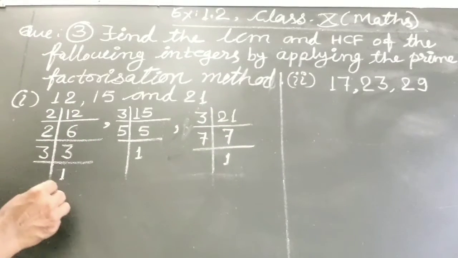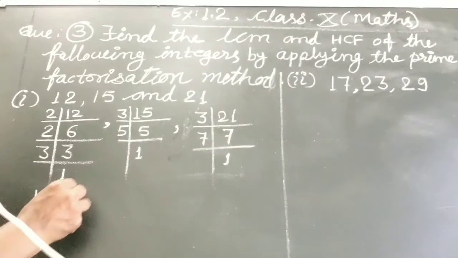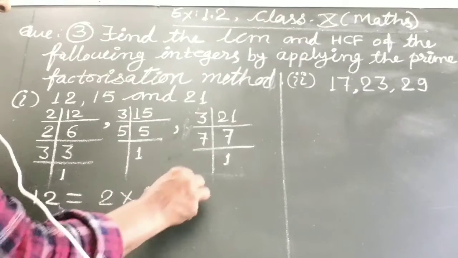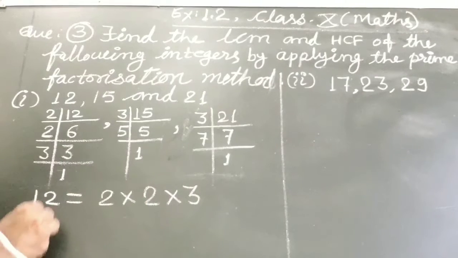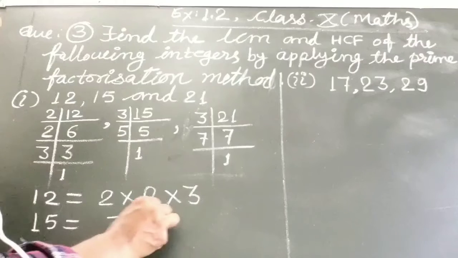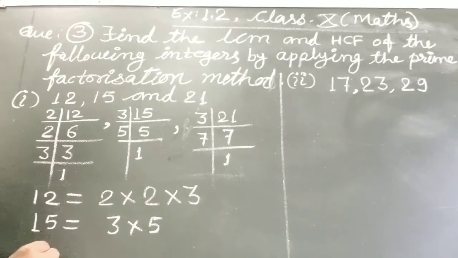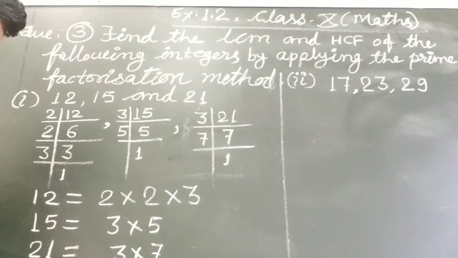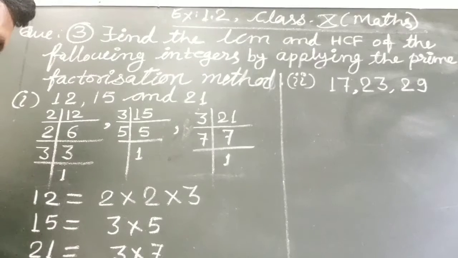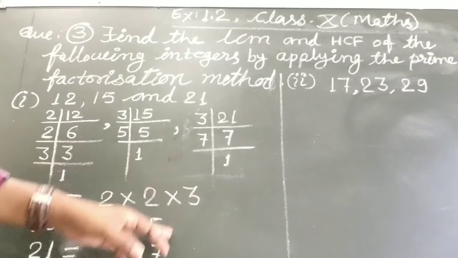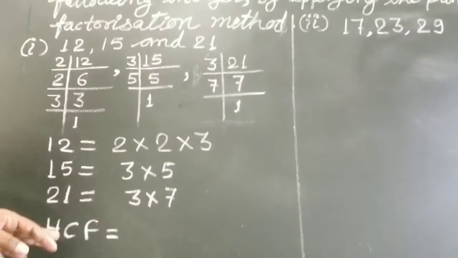So the prime factors of 12 equal 2 into 2 into 3, 15 equals 3 into 5, and 21 equals 3 into 7. So first we have to find the HCF. जो तीनों में कॉमन होगा वो HCF होगा. To find the HCF,